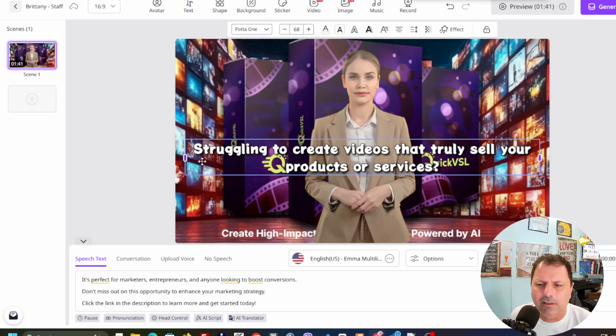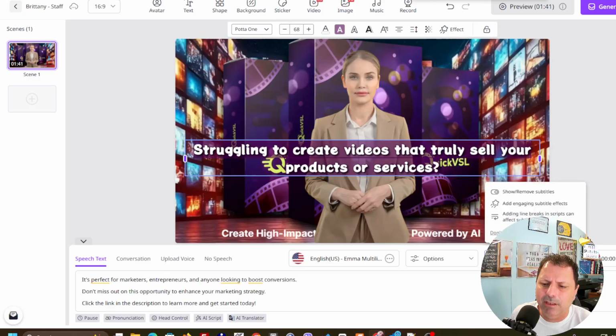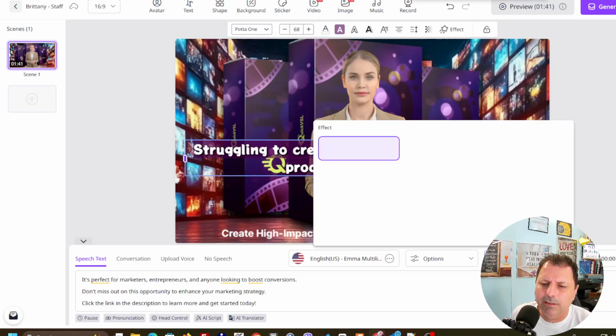I can stretch them, and I got this option that I can even add a background color. Let me try to add this one, and I can make this background color transparent, not to hide my avatar, the lady behind. Okay, now it looks better,